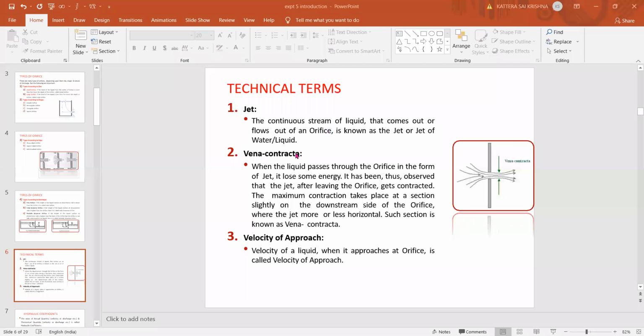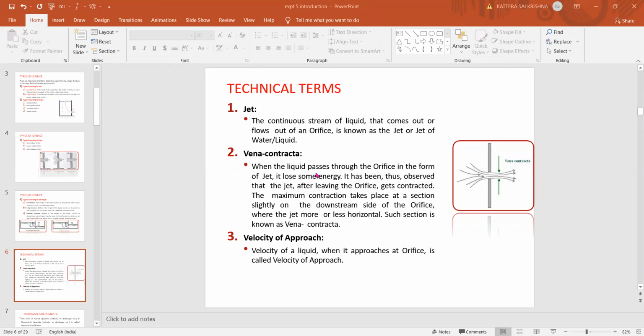So already we have seen what vena contracta is. Sorry, I said it for the B section. So what happens when the water is coming from the orifice? You can see here, the water will go like this outside of the orifice, and somewhere the flow becomes parallel. Later it will increase as the cross-sectional area for the flow increases.